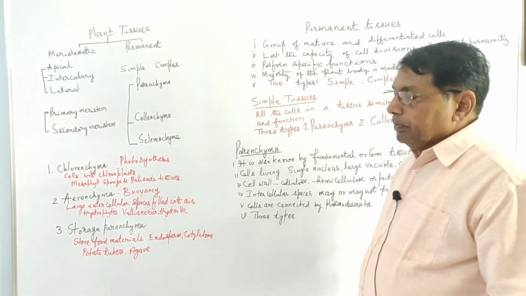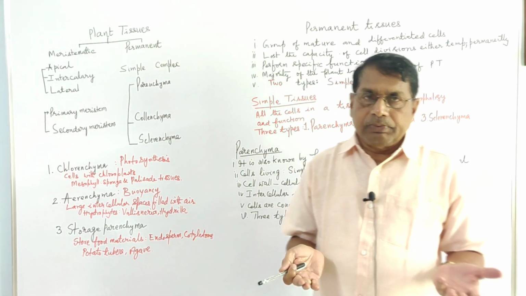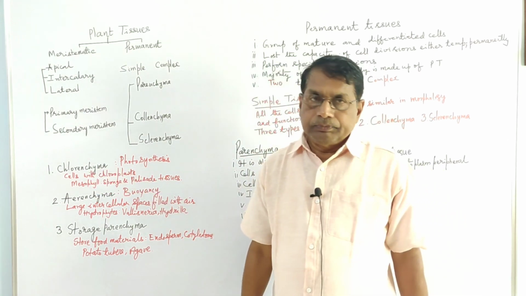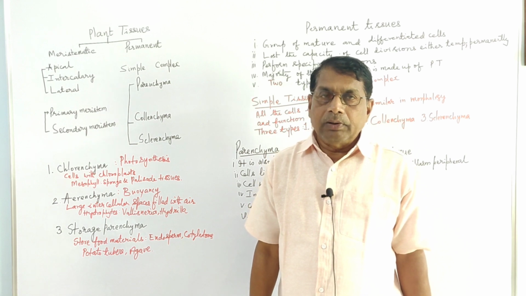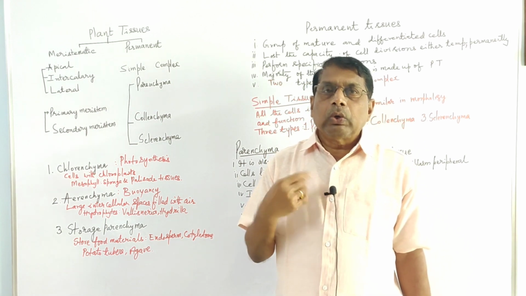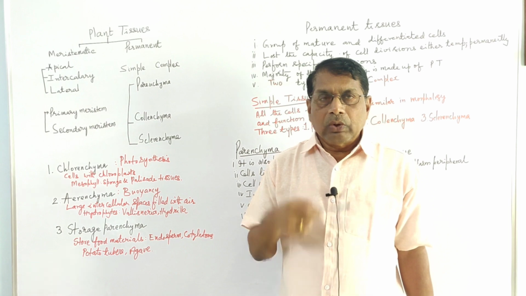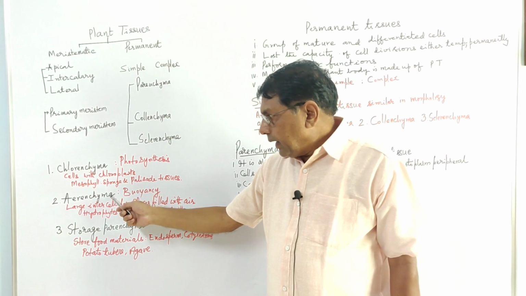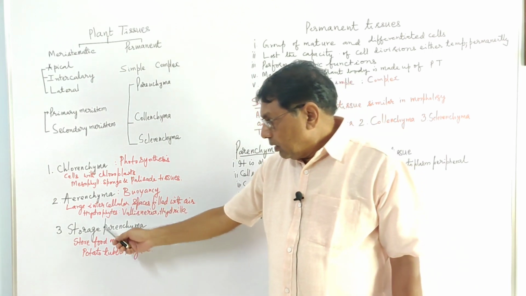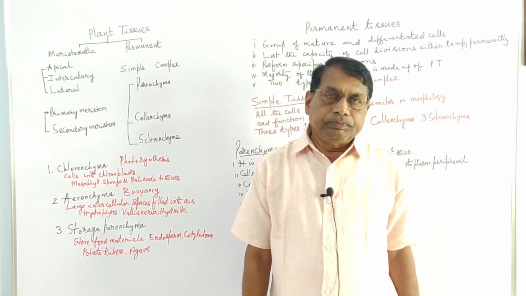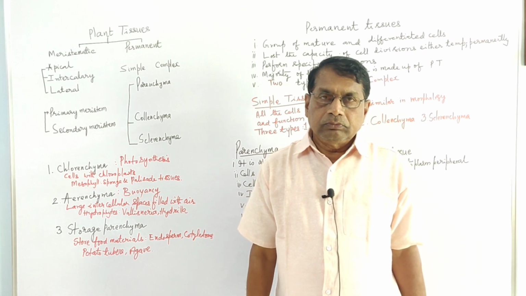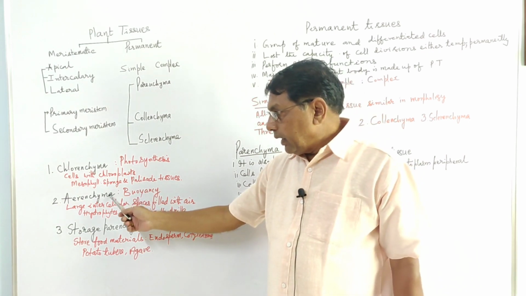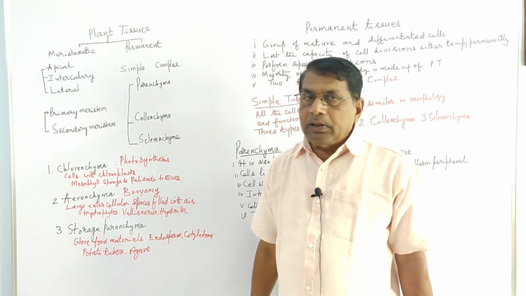These parenchyma are again of three types: chlorenchyma, the word derived from chloroplast, chlorophyll; aerenchyma; and storage parenchyma. Again, chlorenchyma, aerenchyma, storage. Now, if you take the functions,